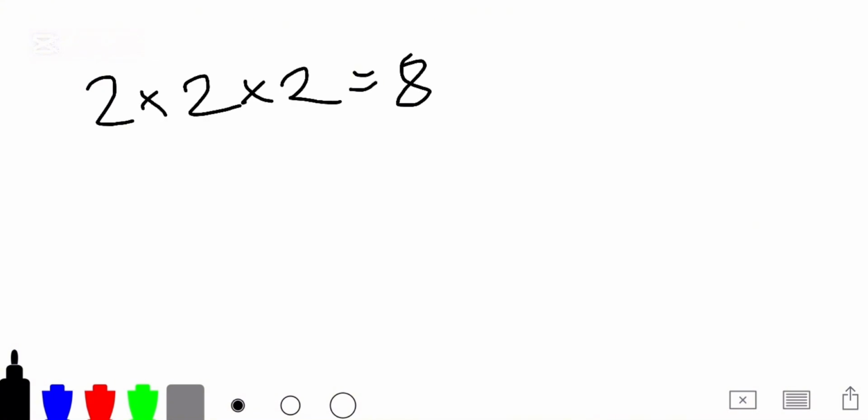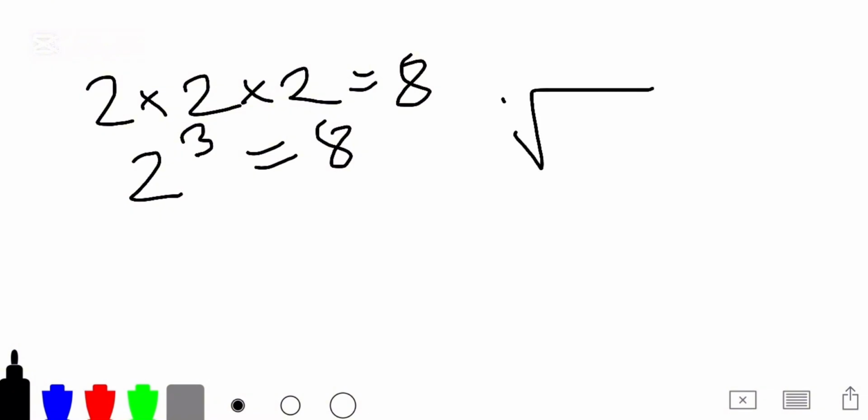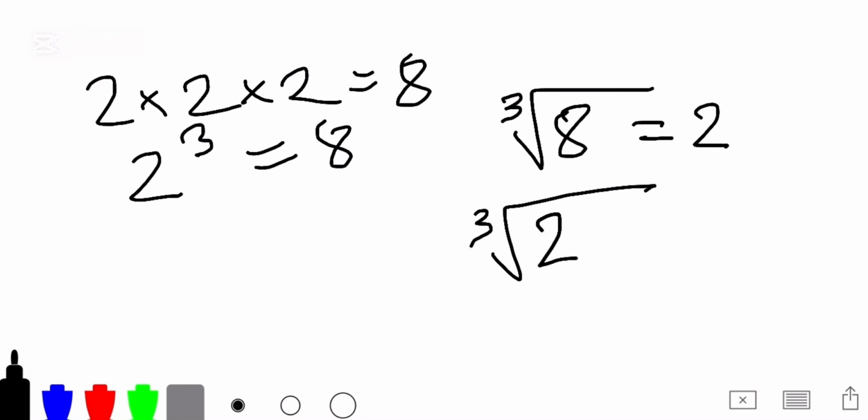8 is a perfect cube because 2 times 2 times 2 equals 8. 2 to the power of 3 equals 8. And the cube root of 8 is 2. Or the cube root of 2 cubed